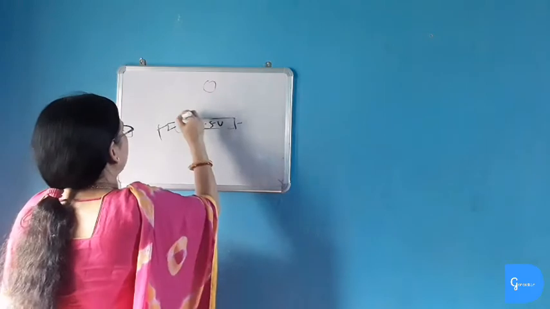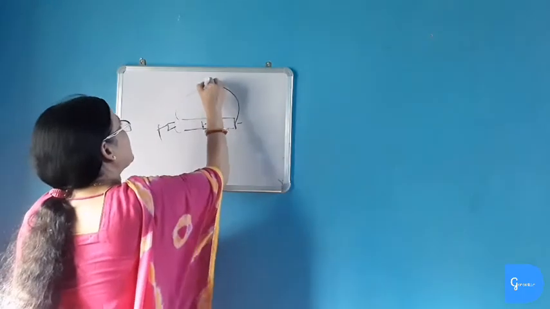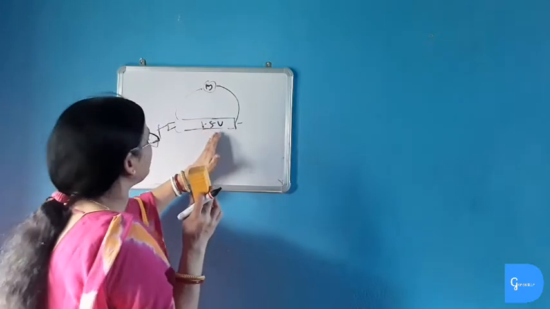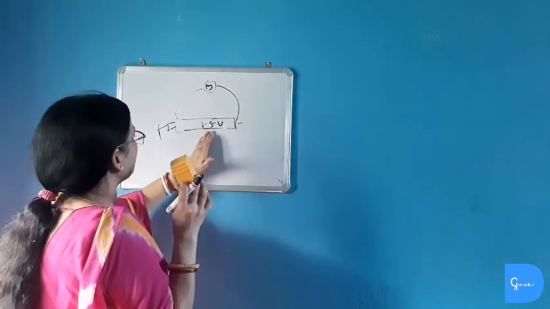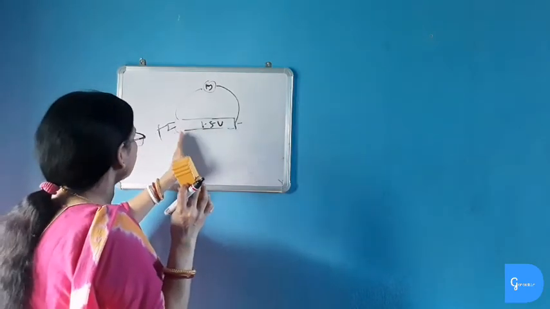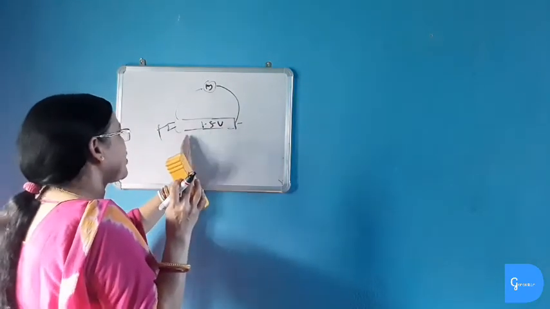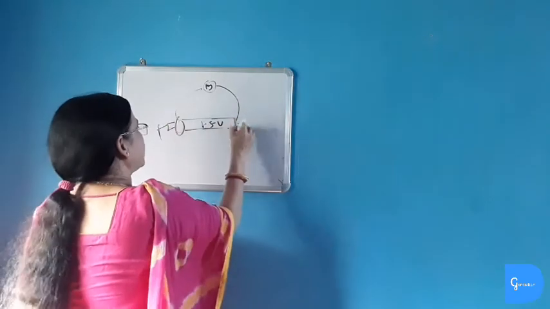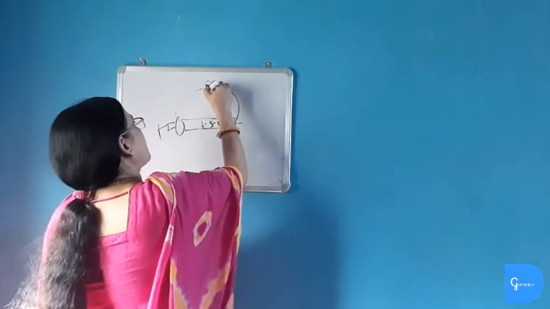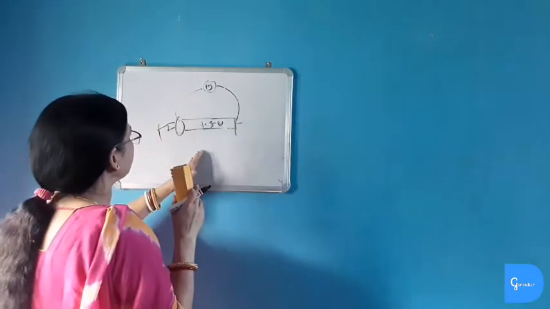If a bulb is connected to the dry cell battery by an electric conductor or metallic wire, then what happens? The bulb glows. This is because electric current is flowing through it as there is a potential difference of 1.5 volt in the battery. Chemical reaction is going on inside the battery, and as long as the chemical reaction is going on, the potential difference is maintained inside the battery. When the chemical reaction stops, the potential difference between the two ends also ends, and when there is no potential difference between the positive terminal and negative terminal of this dry cell battery, the bulb will not glow. As long as there is 1.5 volt potential difference, the bulb will glow.